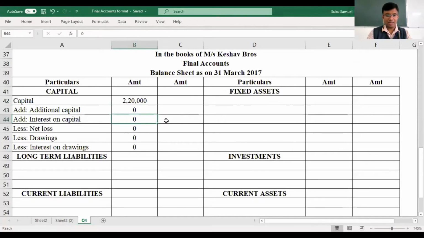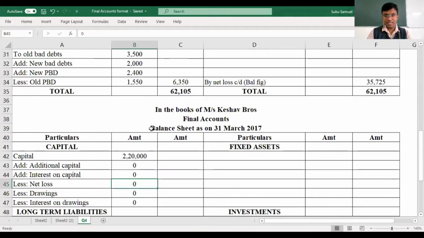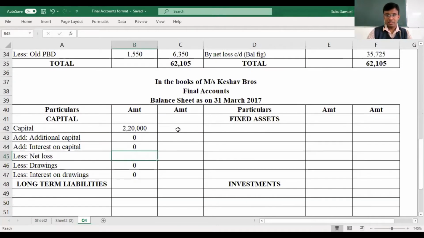We do not have any additional capital, neither do we have any interest on capital. Then in this case we have net loss. Since it is net loss, we will have to subtract. In the previous cases we were adding, but here we will have to subtract, and then it is 35,725. We do not have drawings mentioned in the question, neither do we have interest on drawings. So we just have to write the total over here,